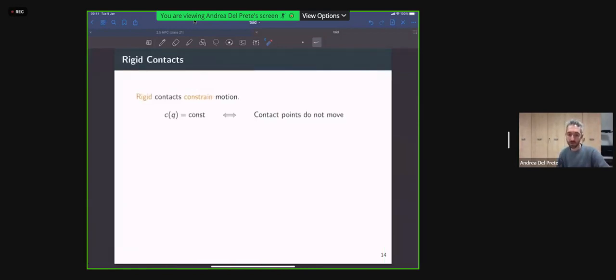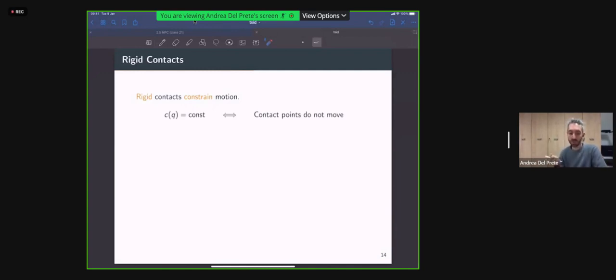Another feature that is very often useful and that Justin just actually discussed in great length is rigid contact constraints. So especially if you're working with a legged robot, so a biped or a quadruped robot, the robot is almost all the time in contact with the environment. And very often these contacts are modeled as rigid because that's very convenient in practice.